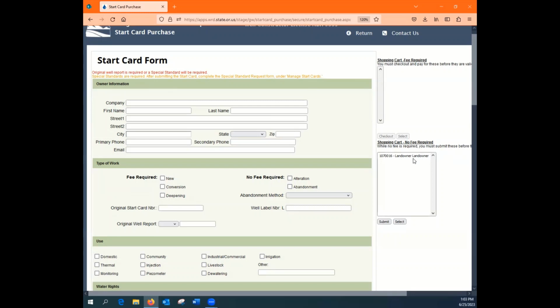Here is the start card in the non-fee associated cart. If I decided I needed to make additional changes before the submission, I could select this, it will repopulate, and I can go in and make any necessary changes. But I am happy with my start card, and I saw my error messages. So when I'm done submitting this, I will be sure to request a special standard. So from there, I'm going to choose Submit,